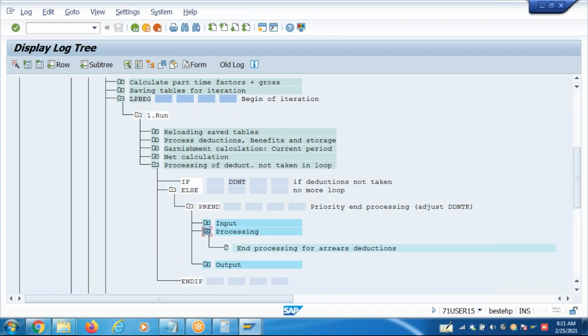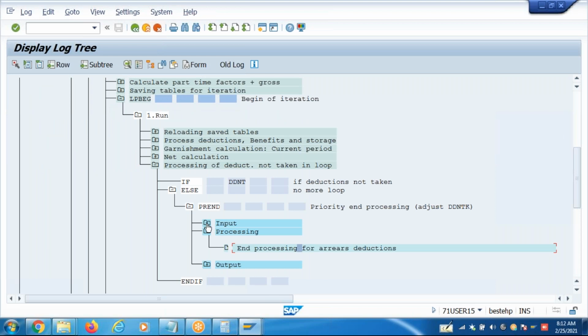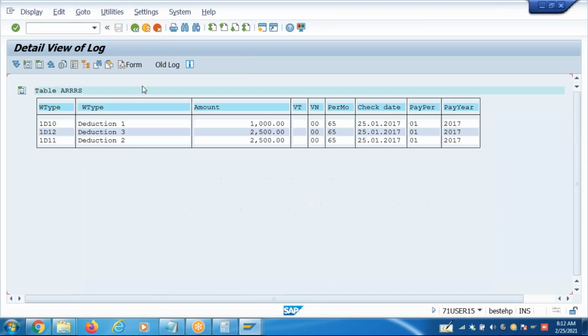What does it do? Observe this. It is renaming these three deductions to 1D13 in the arrears table. Before this function, look at the arrears table, and after this function, look at the arrears table.